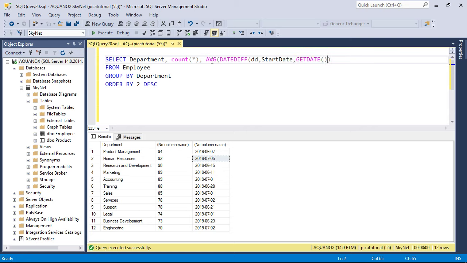So get date gives you today's value. And actually, instead of days, let's do months, so we're not dealing with such big numbers. Let's see what that looks like. All right, so here you see human resources. The average amount of time that the employee has been with the company is 15 months,